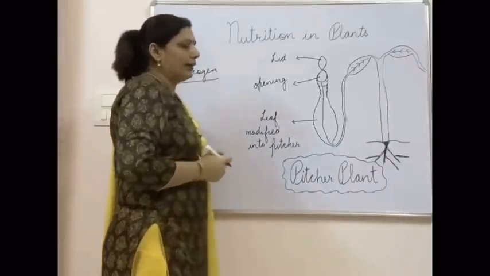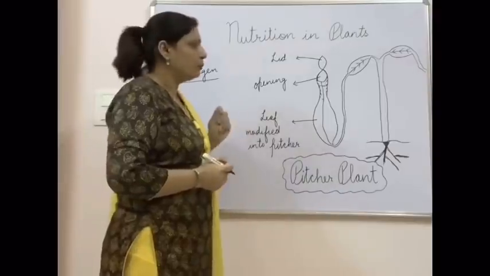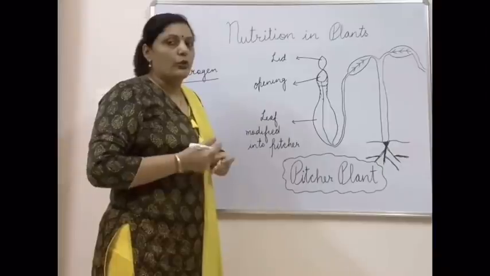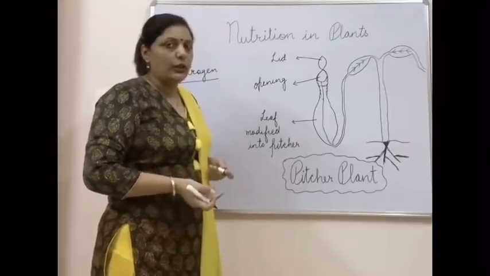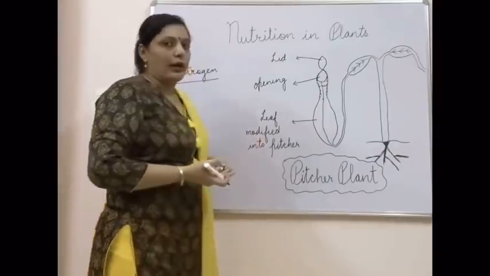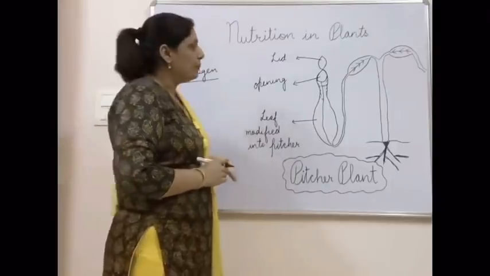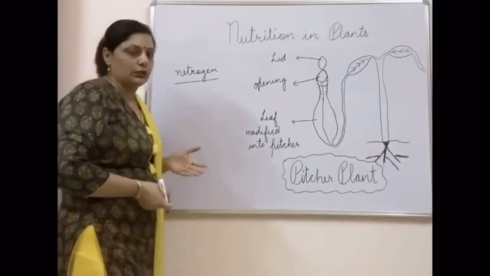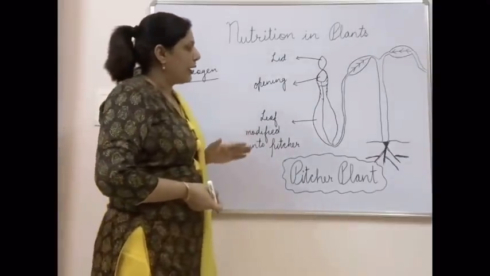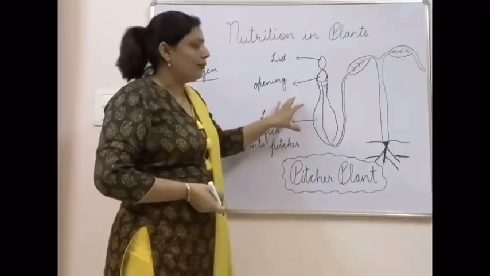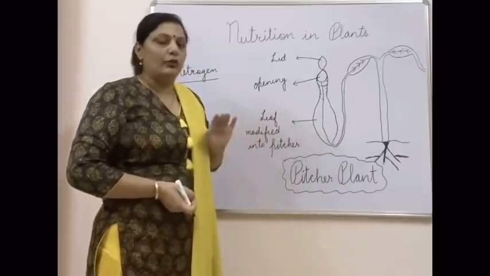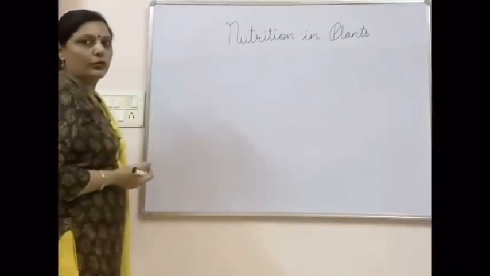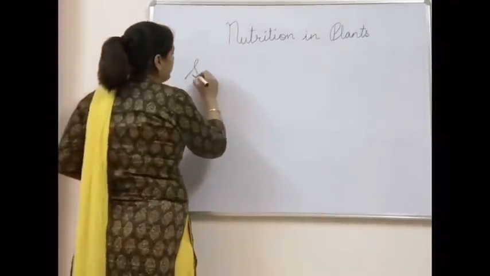Now why do they generally lack nitrogen? Because these plants are found mostly in areas where the soil is not rich in nitrogen. So obviously the soil will have a deficiency of nitrogen. Each plant has the same requirements. They also need carbohydrates, they also need protein. So to fulfill that requirement, they have modified themselves in this way, and ultimately they fulfill all their requirement of nitrogen. After the insectivorous mode of nutrition, we have the saprotrophic